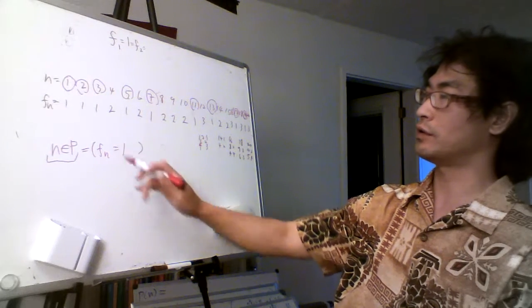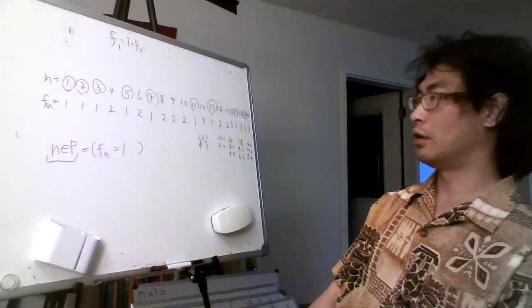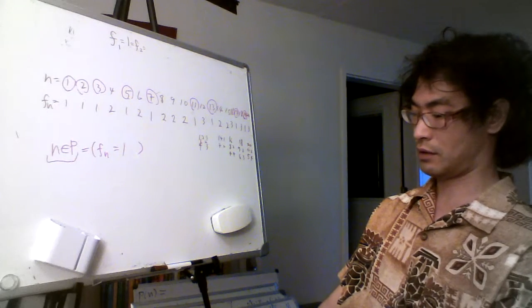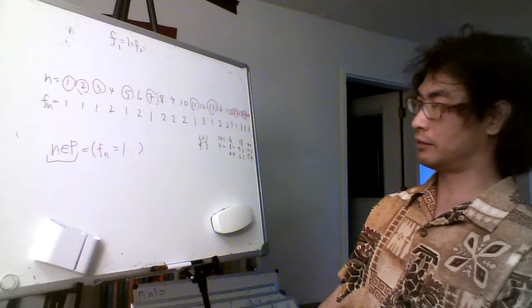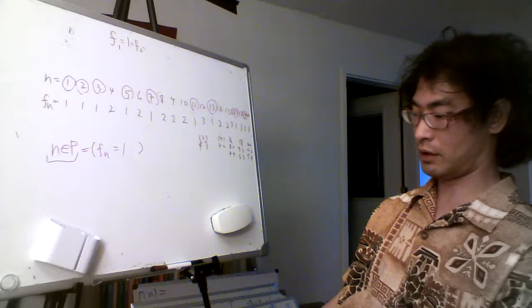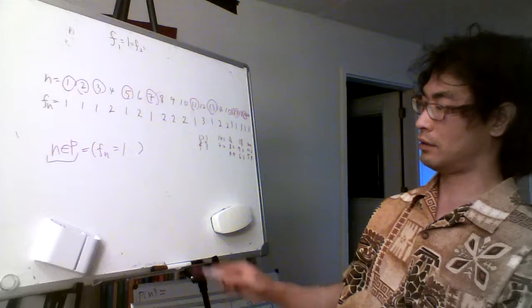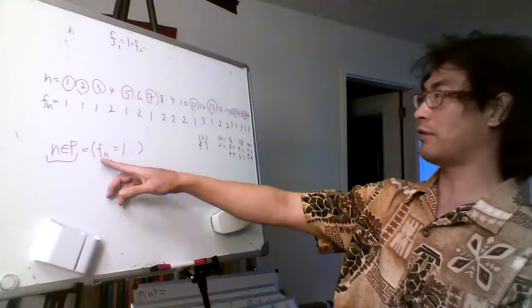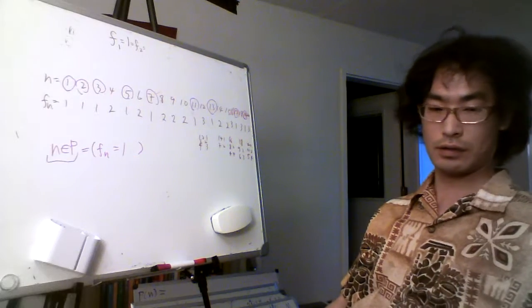Okay, that's our definition of this prime number set. Okay, so, yeah. What is Fn? Yeah, it's a factor function. Okay, so